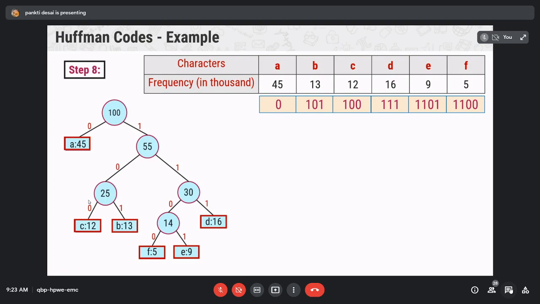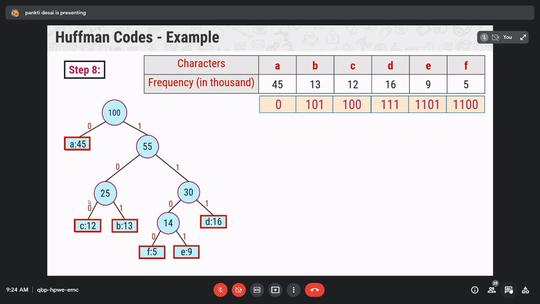So this is the encoding, and what is decoding? Decoding is the exact reverse procedure of encoding. In a constructed Huffman tree, the leaves represent the characters, and from the given code word we can find the original characters.